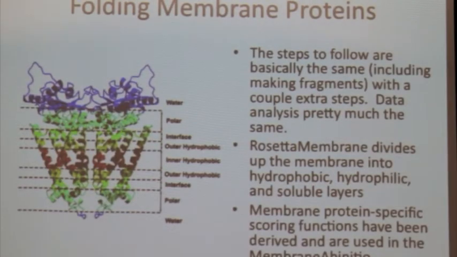What are the scoring terms in Rosetta membrane, and things like that. So, as I said yesterday, they're essentially put together the same way as soluble proteins, except over a database of membrane proteins. And unfortunately, since we don't have many membrane protein structures to compute those statistics over, the knowledge base is quite small. And so you just have to keep that in mind when you're using Rosetta membrane. But essentially you do the same thing. You make fragments and give it secondary structure information. You have to give it the membrane spanning